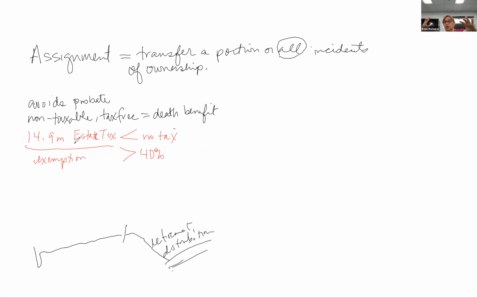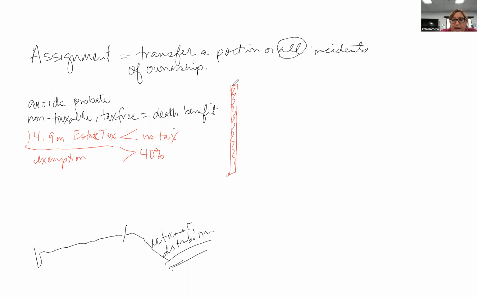Does that make sense? So a part of the advanced planning might be that a trust owns it. You bought it when you were young. Oh, look, you've accumulated all this. Let's take the policy out of my ownership and transfer all ownership to a trust. Now, that's one reason for the assignment, one use for the assignment. The other one, the one that you're likely to see on your test,